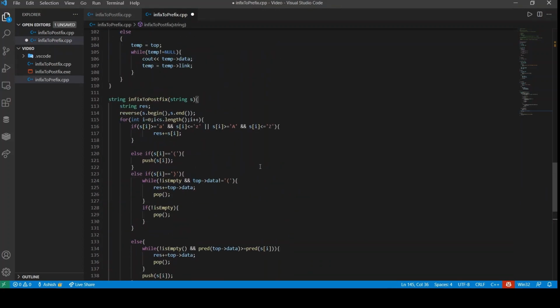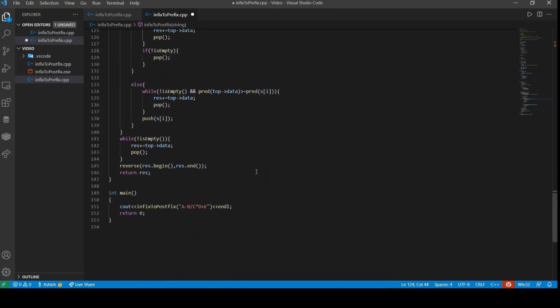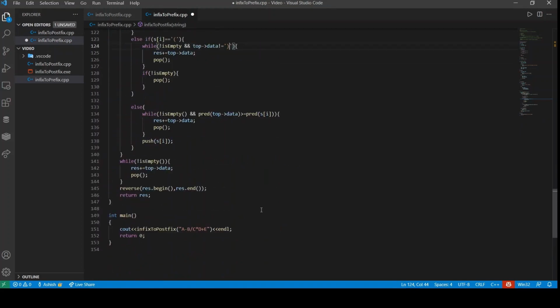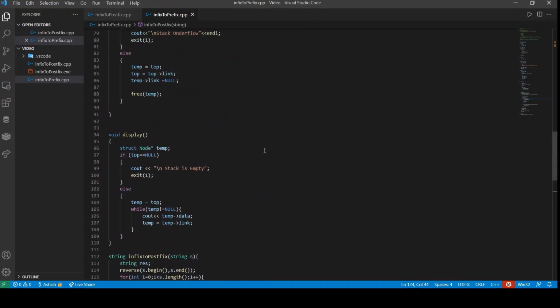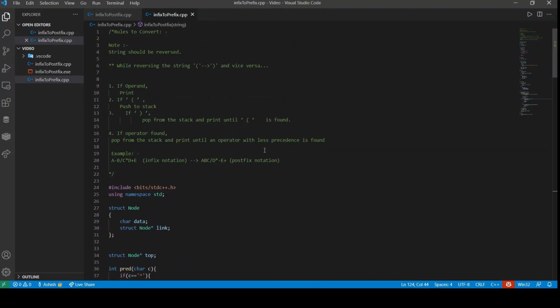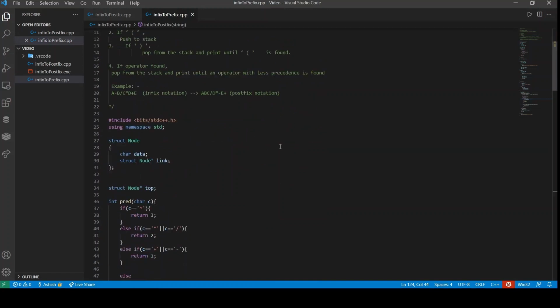Now one thing, as we have to overcome the problem of the brackets, we need to assume that open bracket is closed bracket and closed bracket is open bracket, right? And this is what happens. And yeah, so this should work, and this should give us a prefix as an answer, right?